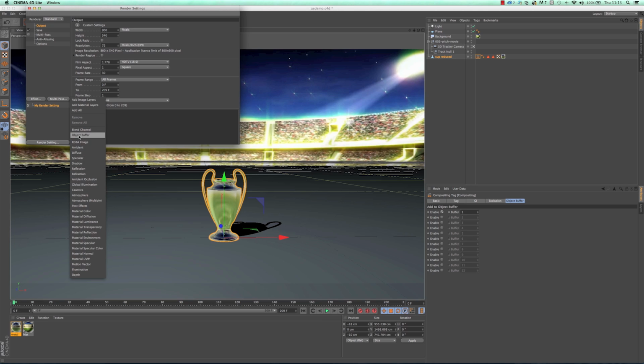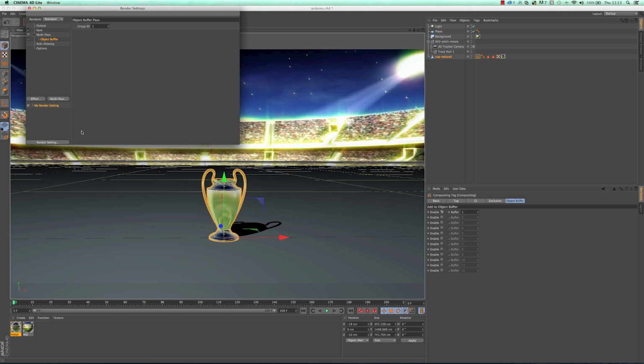But the one I'm interested in here is the object buffer, and I'm going to make sure that that is on number 1 and it matches this one, which is fine for the minute. I've only got one object buffer, but you can soon get confused if you start working with tens or hundreds of object buffers. And a really nice feature is you can also rename this object buffer. So I could double click on that and call this cup buffer, and that will give me an object buffer inside After Effects called cup buffer, and it will also keep the buffer number, so I know exactly which object buffer this refers to.